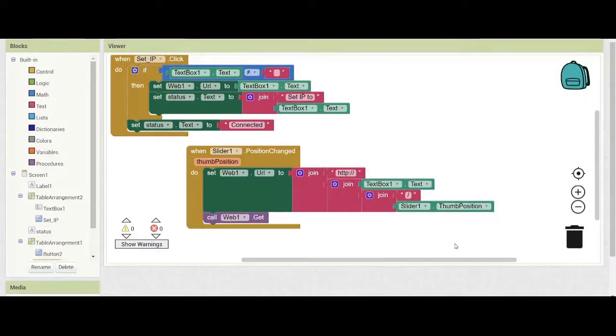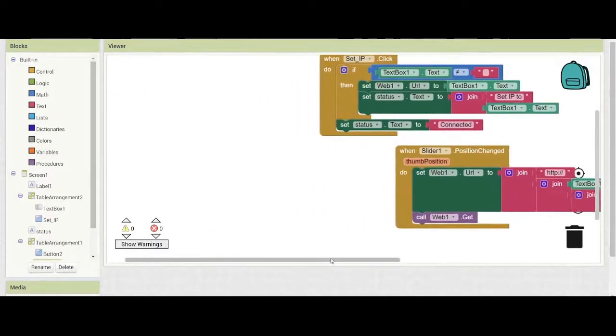So now whatever data will be going, it will be like http colon slash slash 192 or whatever the IP is, slash the position of the particular thumb. So this is how it will work, and the rest of the things remain the same.